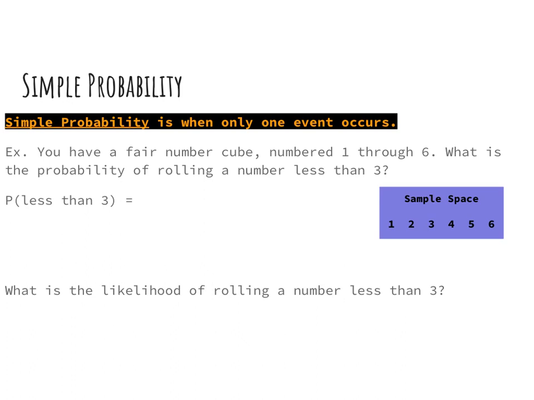When you have a simple event, you want to make sure that you write out your sample space. So here we have our sample space written out with our number cube numbers 1, 2, 3, 4, 5, and 6. We are looking at the probability of a number less than 3. If I look at my sample space, I have 2 numbers that are less than 3 out of a total sample space of 6. When we're doing probability, the fraction needs to be written in simplest form. So you can put this in your calculator and you will get